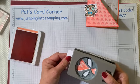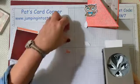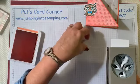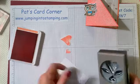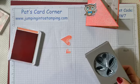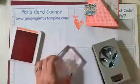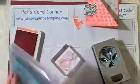And I just kind of lightly press it down and then cut. Now I have two of those. These are two little leaves. One of the other part of this will punch out two leaves, and it punches them both out at the same time. So now I have two of those, and I also want to clean this off because I'm going to